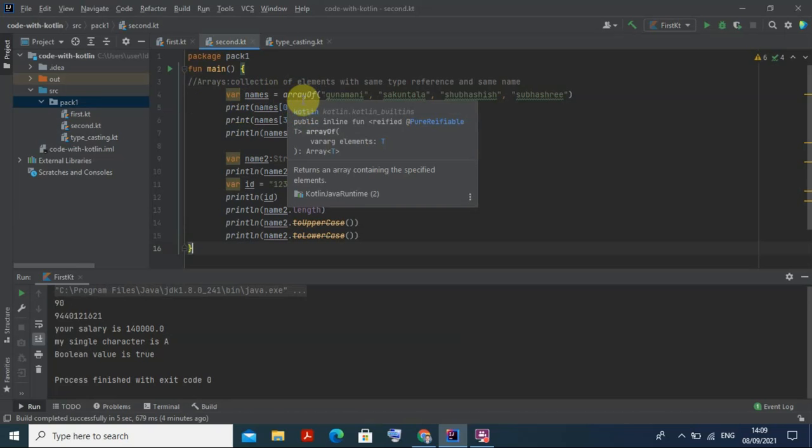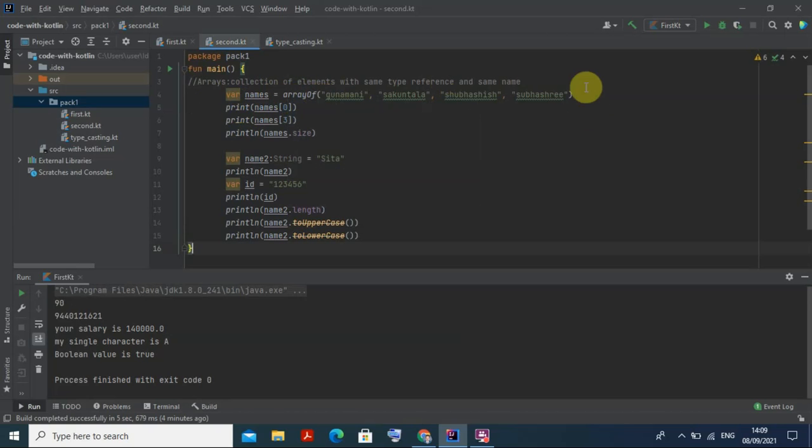Can you see it here, arrayOf, and the braces start here, and all the elements must be in double quotation and separated by commas. I am writing names, meaning the names of various persons. I have given Gunamani, then Sakuntala, then Subhasis, then Subhasri, like that. So suppose I want to print the first name, how do we go for print? You can use print or println, which means a new line.